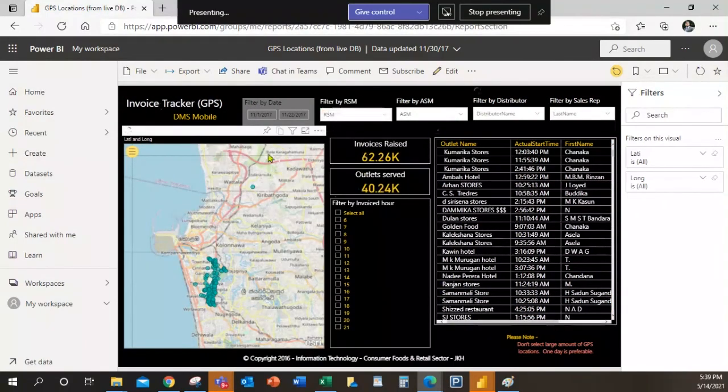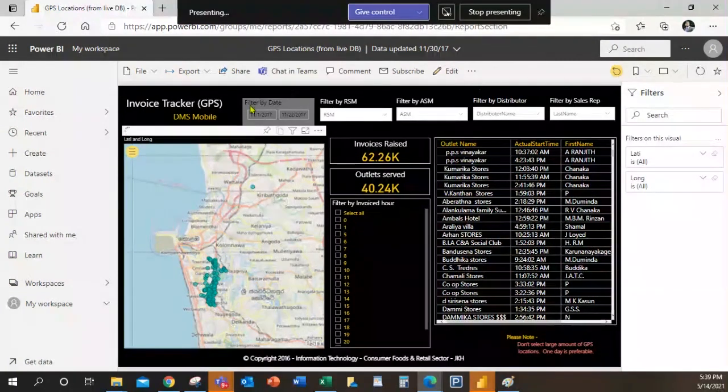In this period they already raised 62,000 invoices, and 40,000 outlets were saved within that period in Sri Lanka.